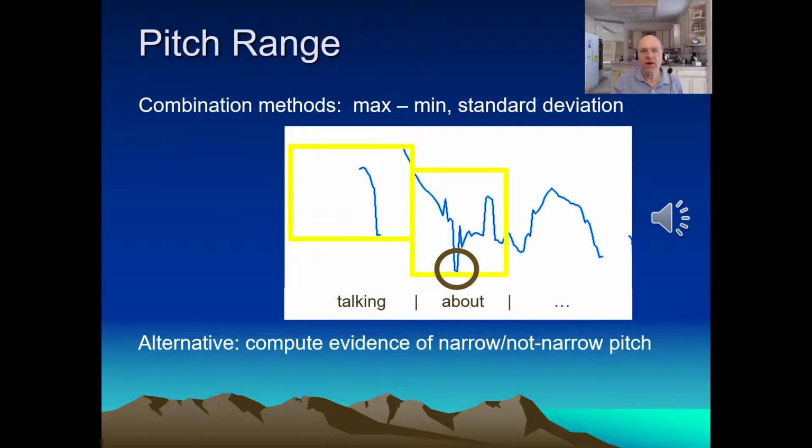Really, we never actually care that much about exact pitch range in hertz or in semitones. That's not perceptually significant, as far as I know. But the difference between wide pitch range and narrow pitch range, that certainly is. And that can be more robustly computed. So, sort of a general model, backing off from things that seem mathematically exact and appropriate to things that are realistically computable and perceptually relevant can be a good strategy.